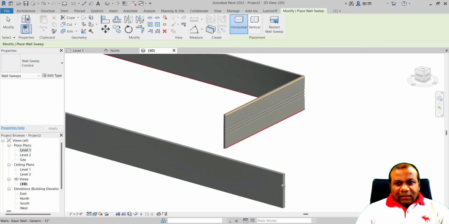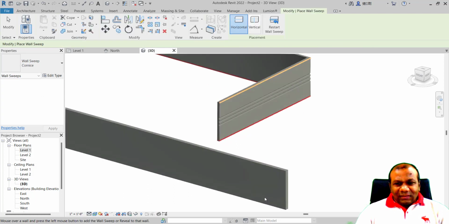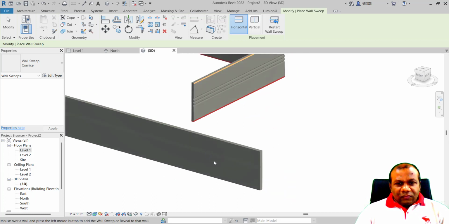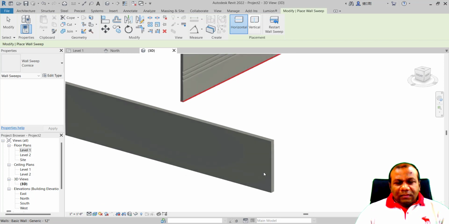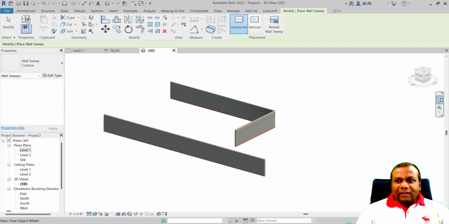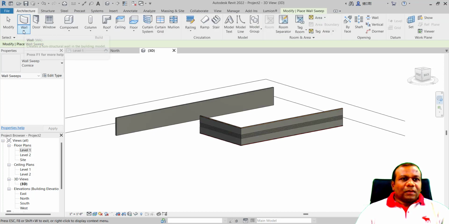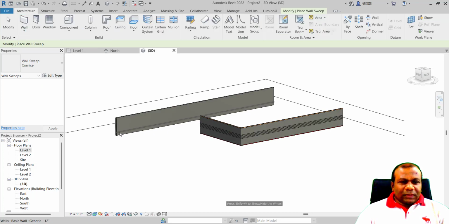So here you can use that one in your wall. Right, I will orbit to this side. Wall sweep. Here, can you see?